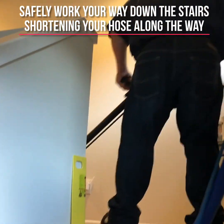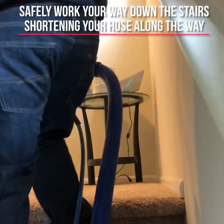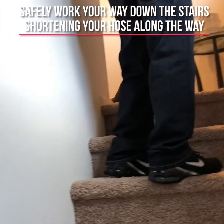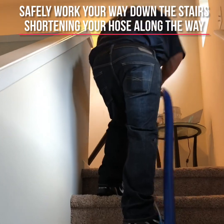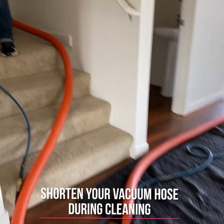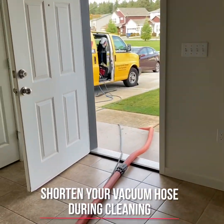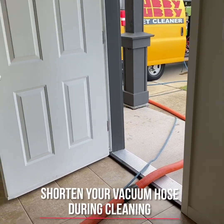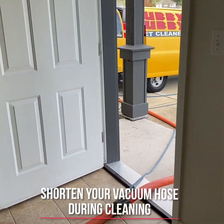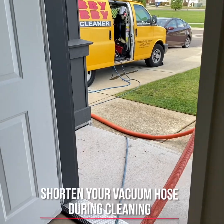Now, be careful as you go down the stairs. Make sure that you have a good place for your feet to rest, and that's another reason why we want the hoses kept clean so that they're not in your way. All right. Now here's a perfect example of shortening your hoses to keep your workspace safe and clean. Safe for you, the technician, and safe for the homeowner and the children that might be going up and down the stairs. So you pull the excess hose out the door,